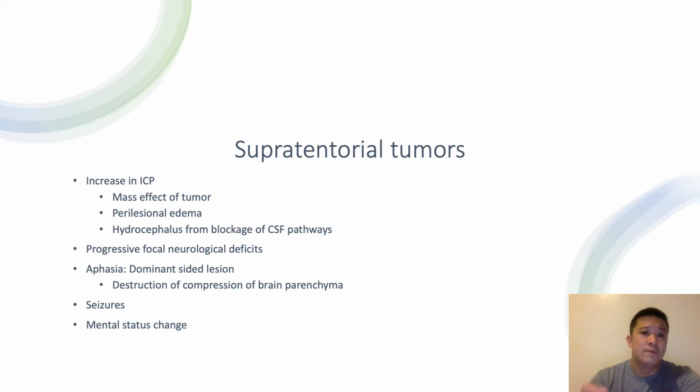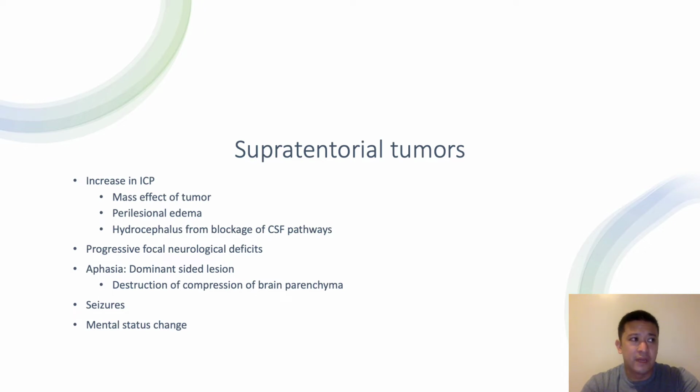So now there are different types of tumors. For now, we will classify them based on their location. So you have your supratentorial tumors, which are tumors located in your cerebral hemispheres. So these tumors are most likely to cause increase in ICP due to the mass effect of the tumor, the perilesional edema associated with that tumor, and if the tumor impinges on your CSF pathways, such as a thalamic glioma